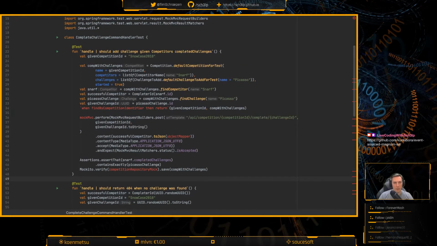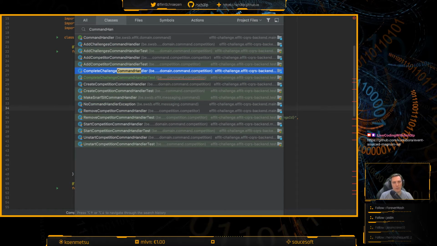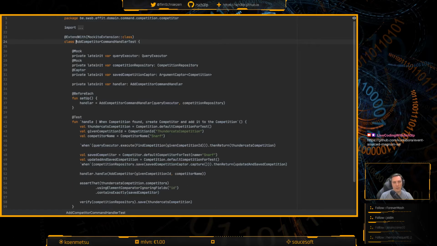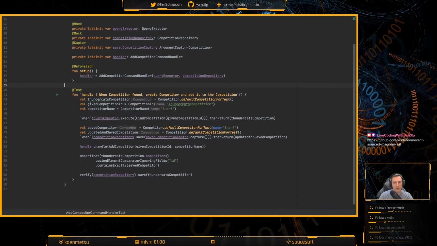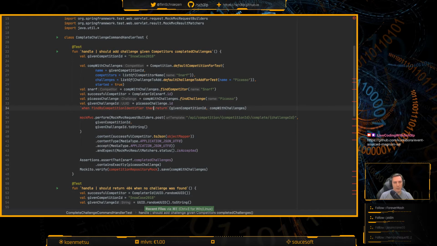We are not testing those along with our unit, so that's no longer part of our unit of work. And for this, I vaguely remember that there's like a thing we already had. So command handler tests and other command handler tests. Yeah, so for adding a competitor, we also need a correct competition ID. We really just did this. All right. I can deal with that. So this, when blah, then return.